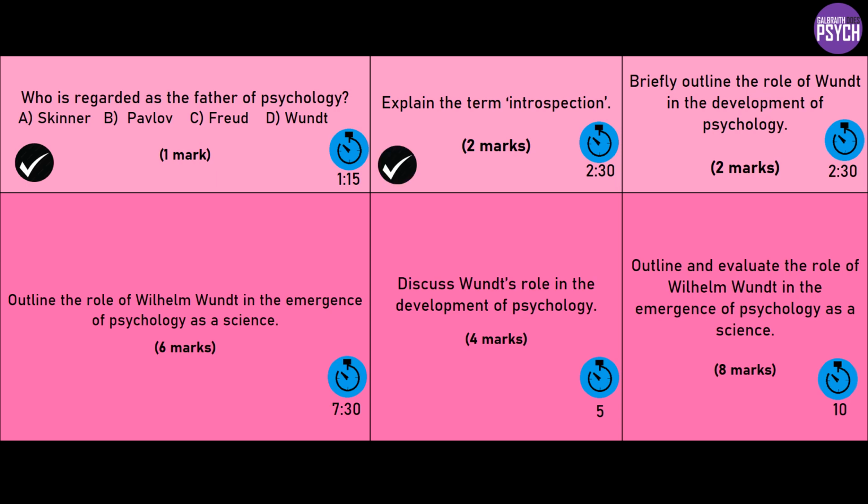All right. We're now talking about the role of Wundt in the development of psychology. Okay, so what did he do? There's lots of things you could talk about here. You'll get credit for talking about how he pioneered the method of introspection. You could briefly mention what that is, but remember that isn't really the focus of the question here. It's on what did Wundt do for psychology. So he introduced introspection. He set up the first experimental psychology lab. You might know that was in Leipzig in 1879.